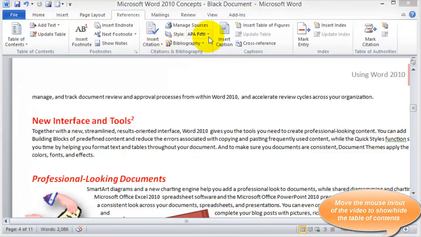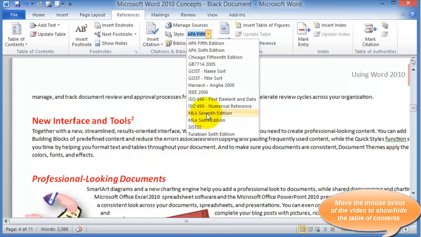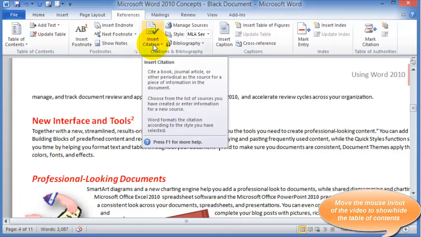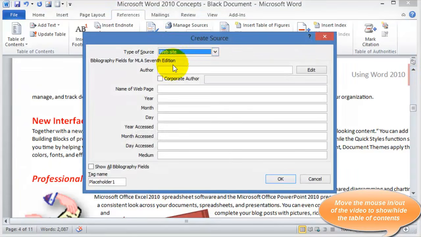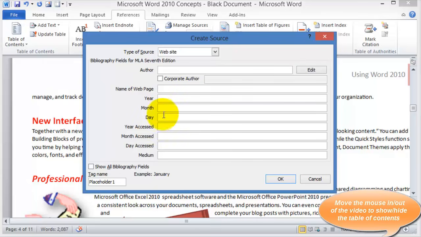You go and first pick the style that you're using. So if you're doing undergraduate work, you'll need to choose the MLA style. And then once you have picked the style, you select the text that you're going to cite, and then you click on Insert Citation. So then you click on Add Source, and then you specify what your source is. So if it is a website, these are the fields that you need to fill in to document and to cite this source correctly. If it is a book,